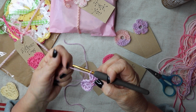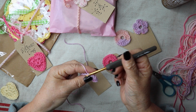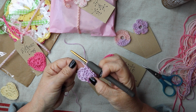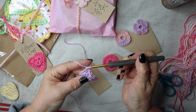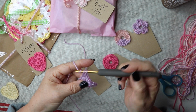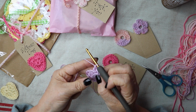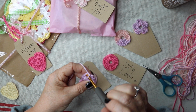There we go. And then we're going to do double crochet into the next 3. So 1 double crochet into the next 3 stitches, and then into the next we're going to do 3 trebles. So 3 trebles into the next, and then we're going to do 1 double crochet into the next 3. So 1 double crochet into the following 3,